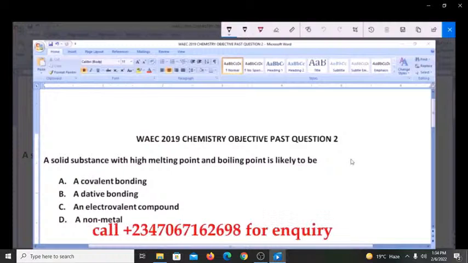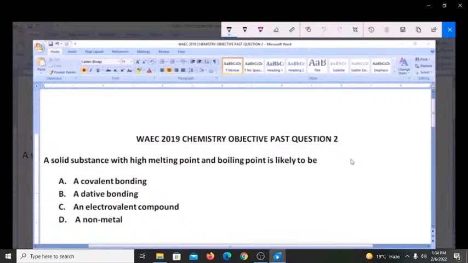Now, non-metals are basically elements on the periodic table that receive electrons to achieve an octet or duplet state. So from the explanation I have just given, the answer to the question is C,